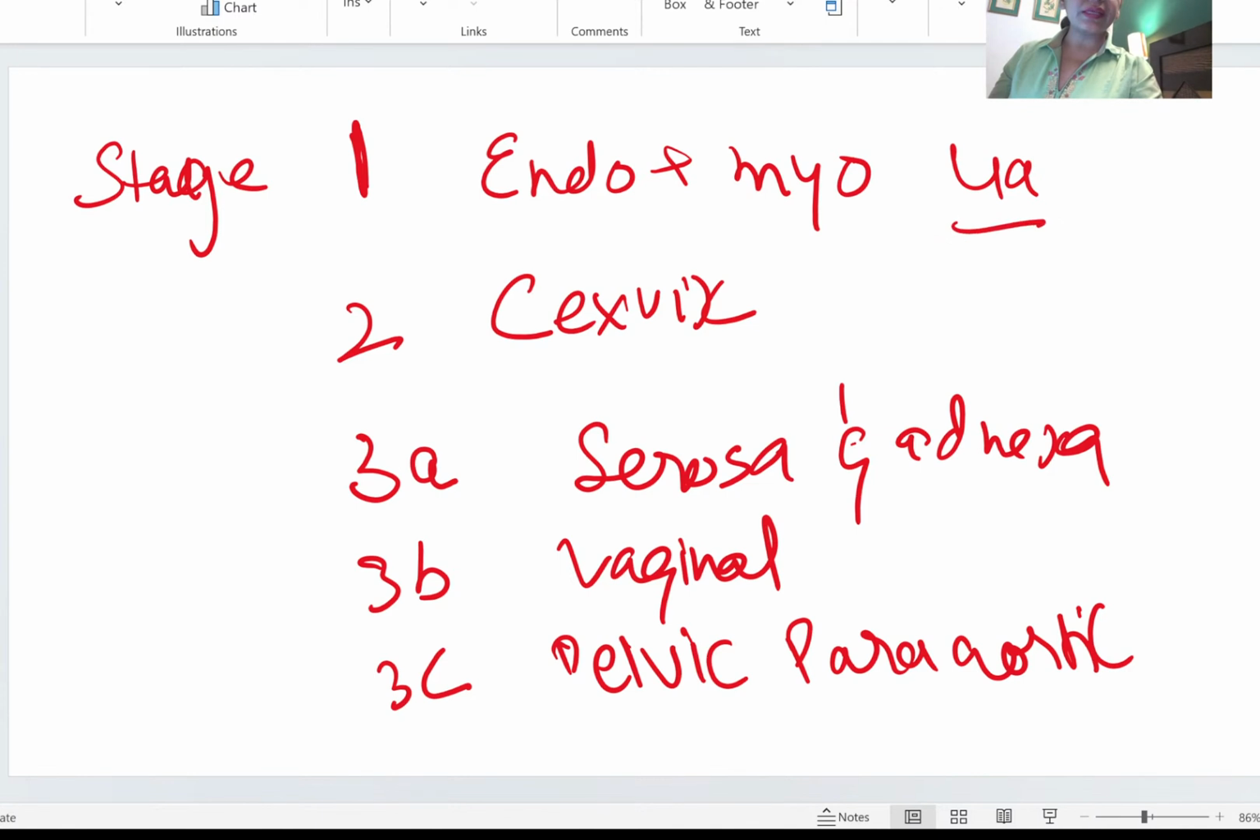4A is bowel and bladder. 4B is distant metastasis. Is it clear? Is it clear, Dr. Sumit? Next, your question was